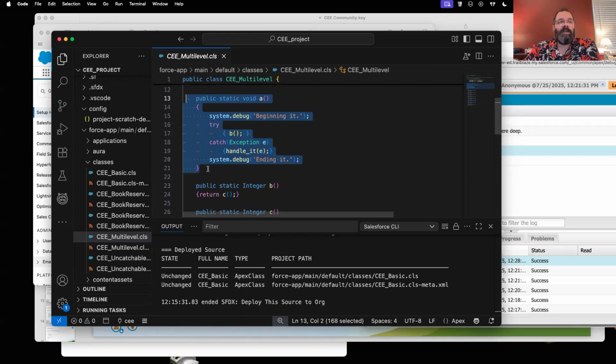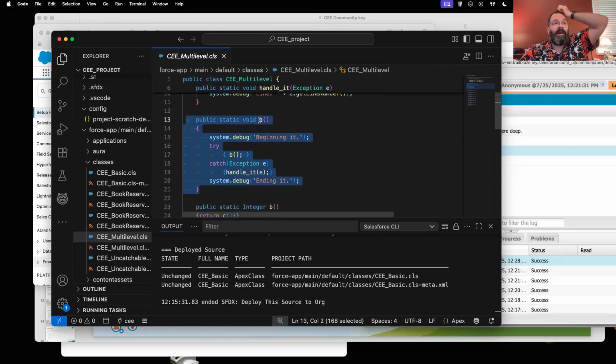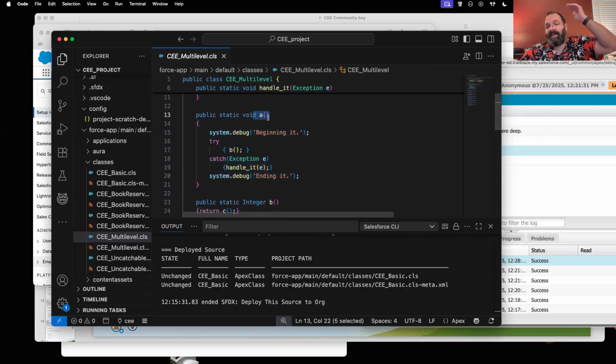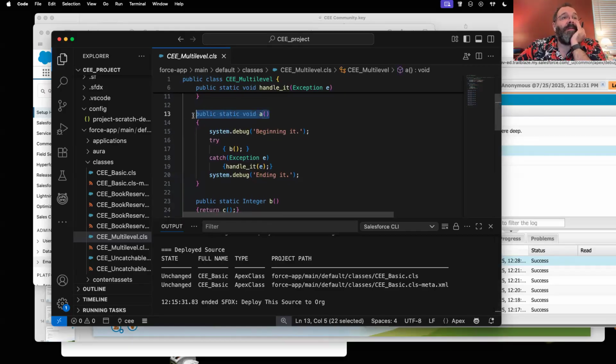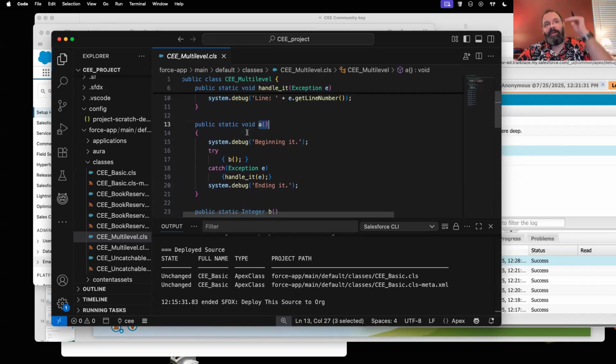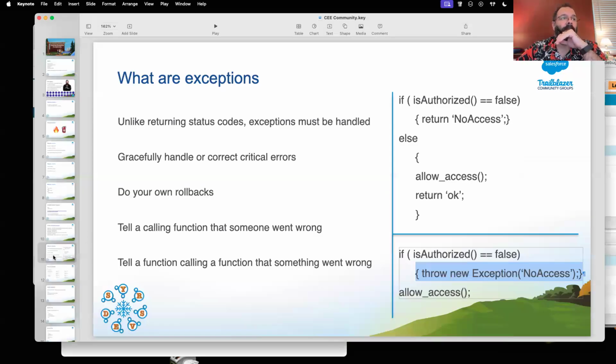If I didn't have this in a try catch, this entire thing would just blow up. You get unhandled exception errors. But it goes up and down. That error goes all the way up the chain to the very top, and there's nothing above A. This was the function I called directly. So if this wasn't here, A is the last thing at the top, and it says, now I'm done. And so that's where the unhandled exceptions occur, is that A is the highest point of entry, and it doesn't handle it. So it says, all right, I'm dead, and it errors out.